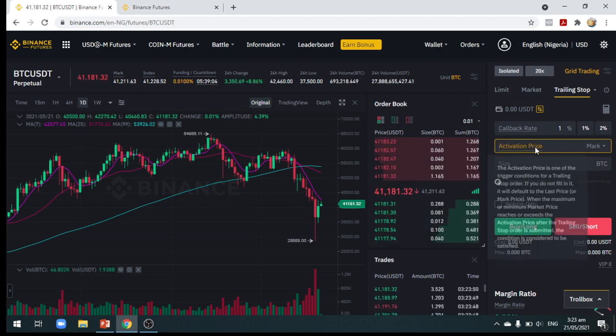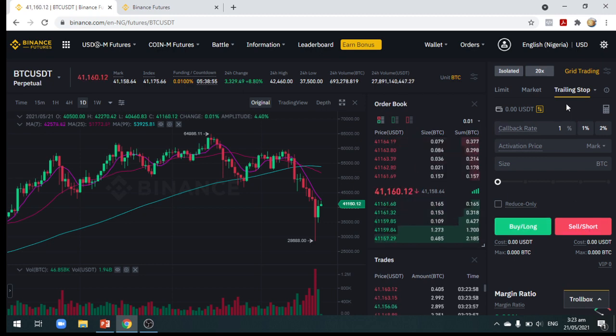So as long as the price of Bitcoin is moving in a direction favorable to your position, whether a long position or a sell position, a trailing stop order will allow you to remain in the market, but with the trail adjusting as the price is going up. So let me explain further: if you have a callback rate of 1%, so as long as the price is moving upwards, when you have made 1% gain, then